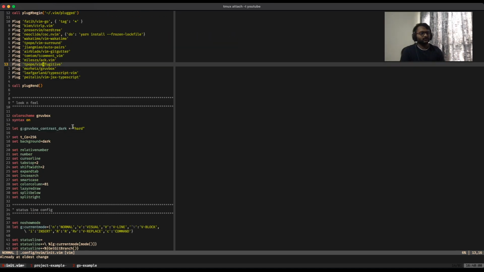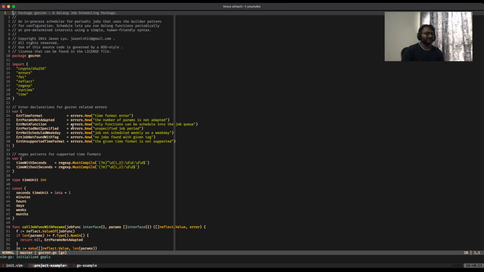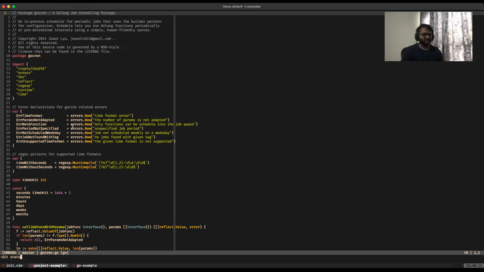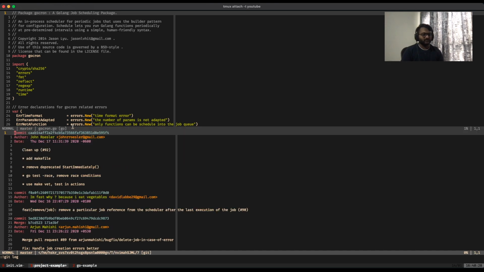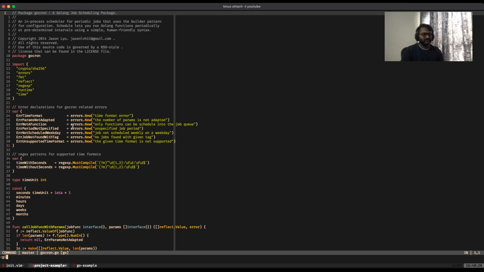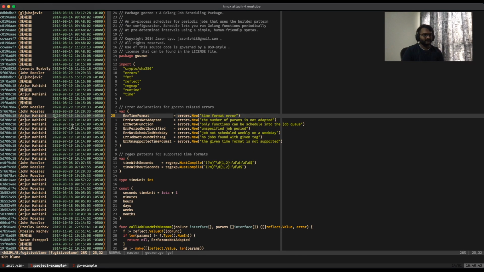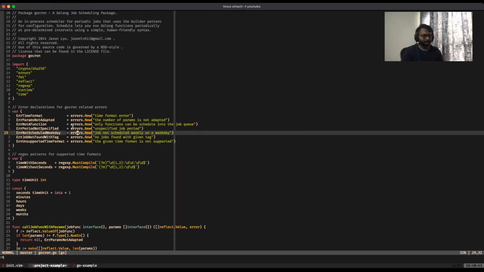The next plugin is called Vim Fugitive, which is also very popular for Git related functionality. You can do a lot of things that the Git CLI tool can by typing G or Git and then typing the command. It gives you the Git status. It also gives you the Git log. It even gives you Git blame, which is my personal favorite. It shows your buffer on the left side with the author, the commit ID, and the timestamp for every single line.